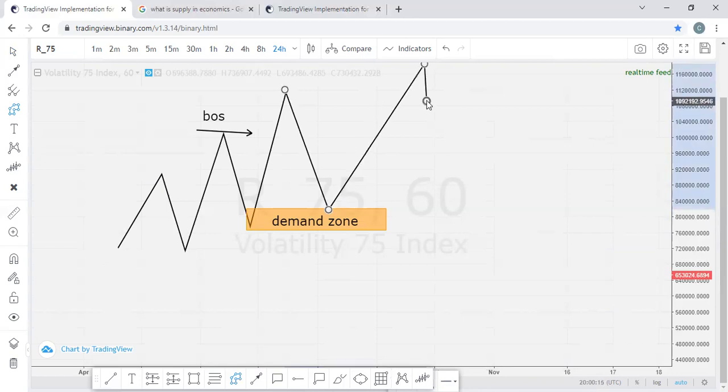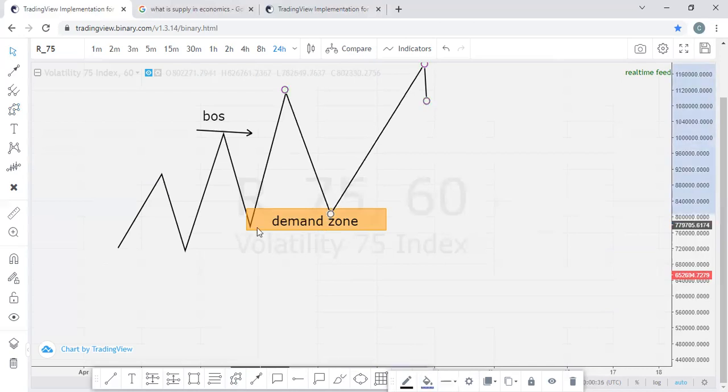So this is just a very simple way I trade, right? I look out for those demand zones that broke structure. Like the market came, gave this demand zone and then broke through to the upside. If the market comes here in the future, as long as the trend is not compromised, the market is still a bullish trend and this has not broken for itself, you can simply take your buy when the market comes into that zone again, because since the market was able to break this structure